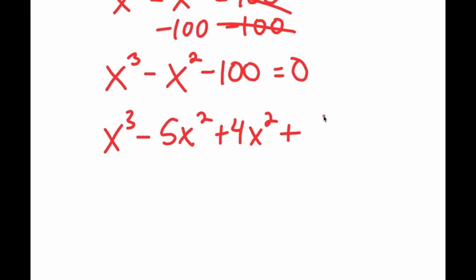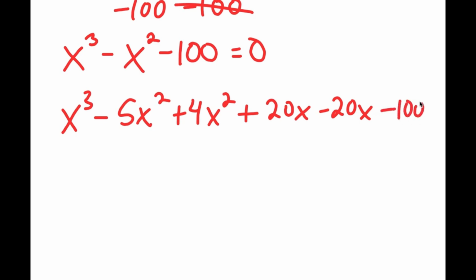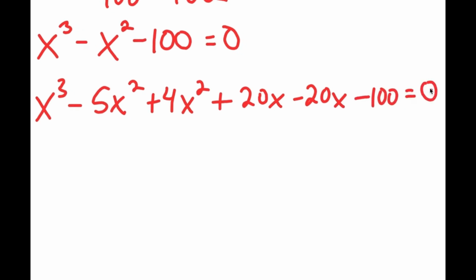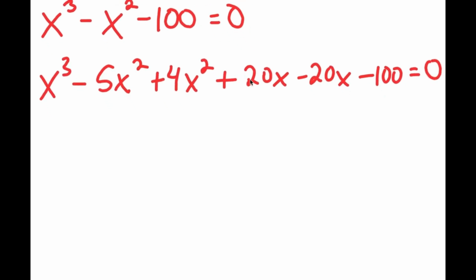Next, I'm going to write 20x minus 20x, and then I have this minus 100 is equal to 0. So the reason I did this is because 5 times 4 is equal to 20, and we want to make this factorable, so we need to have two terms that, when added, make negative 1, and when multiplied, make 20. So now from here,